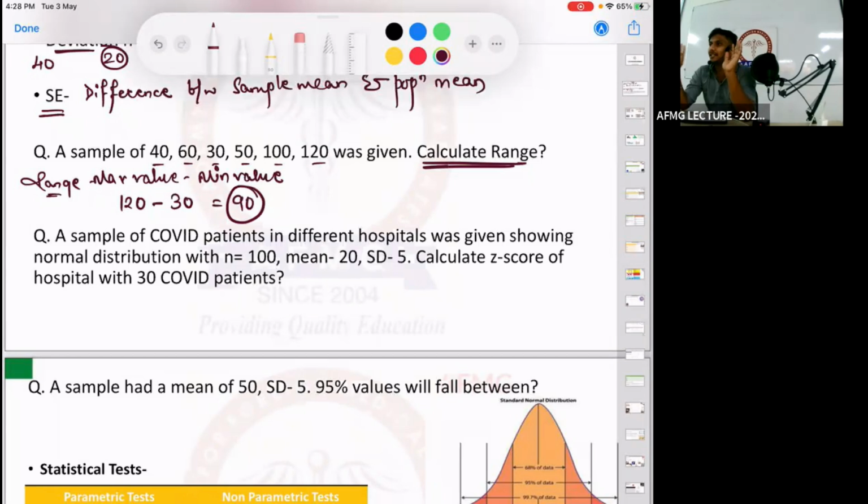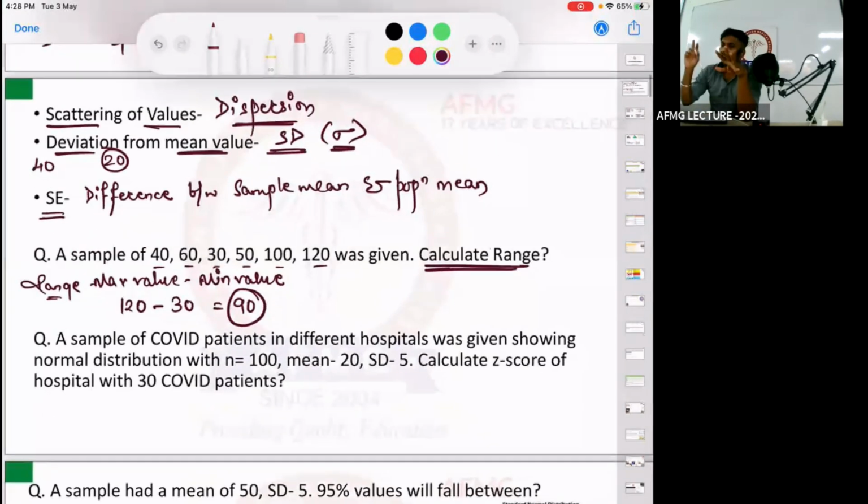Is statistics understandable? Any difficulty? If there is, tell me right now. Okay? So you have to keep the definitions of standard error, dispersion and standard deviation. Okay? No issues with that. First thing. Second, standard deviation, as I told you, it is sigma. And what is standard deviation? If you are not understanding, it is important, so I am telling you. The other two are not important in this.